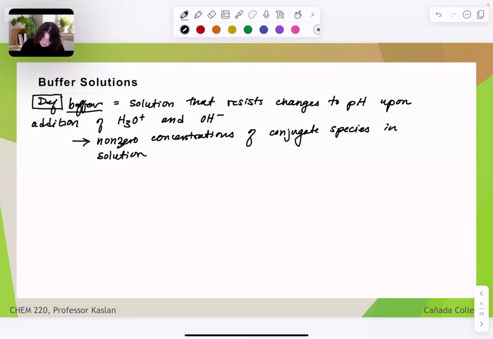So for example, I would have a solution that had some non-zero concentrations of acid and its conjugate base, HA and A minus, that exist already in the solution. So a pre-existing mixture of